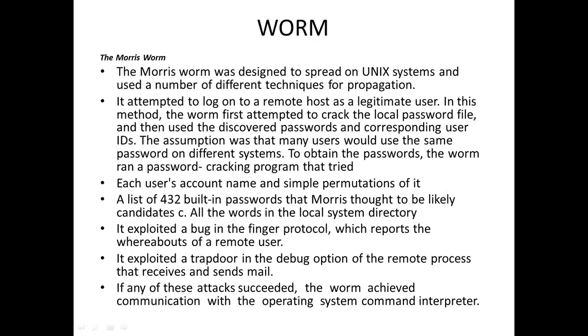It took 432-bit passwords and started exploiting all the protocols inside the system, and also the debugging option, so that sending and receiving emails and everything started to collapse slowly. Finally it affected the command line interpreter itself. Slowly, one option at a time, it started affecting, and finally it affected the system admin itself. So that was the nature behind the